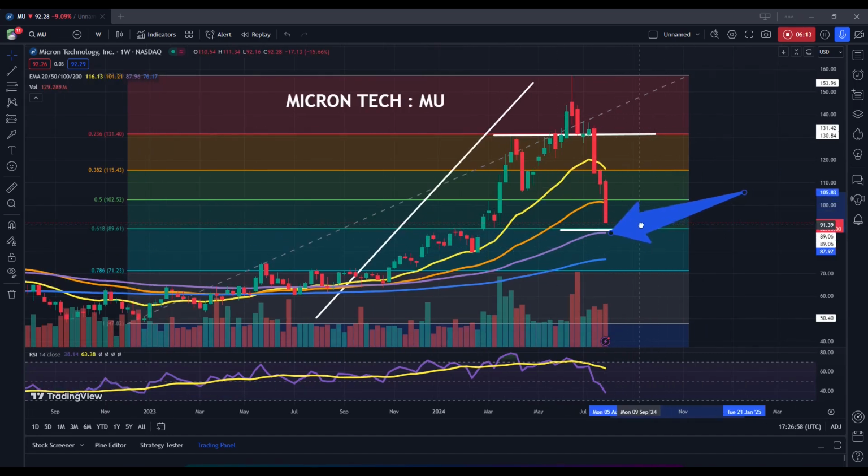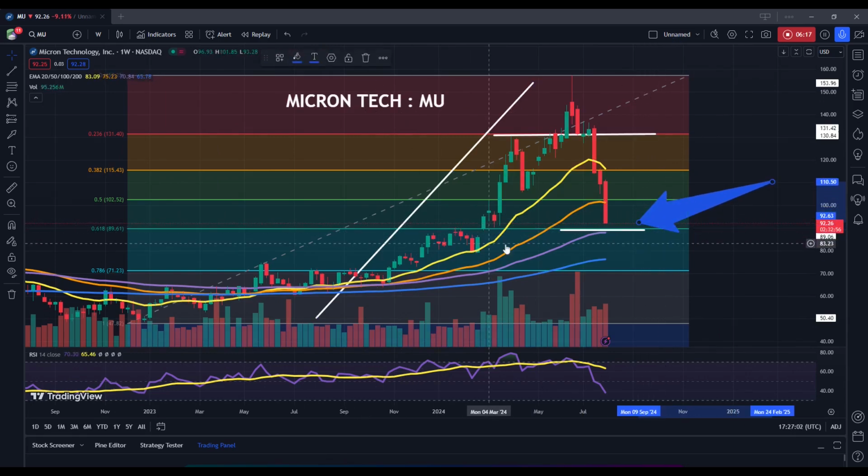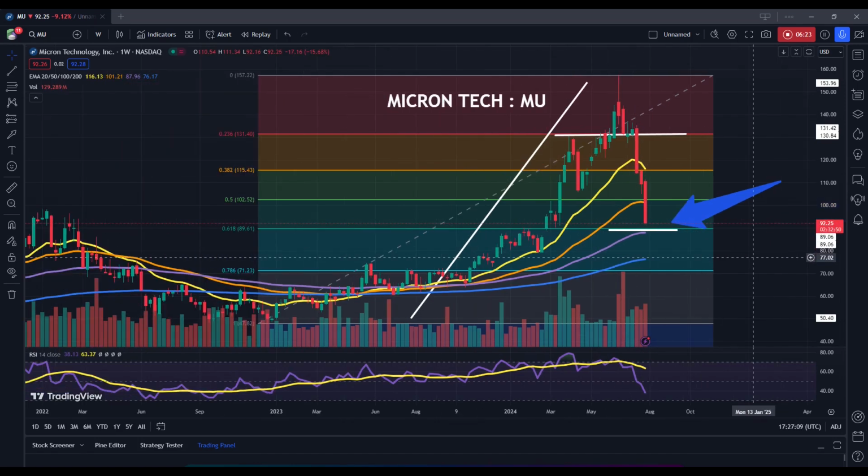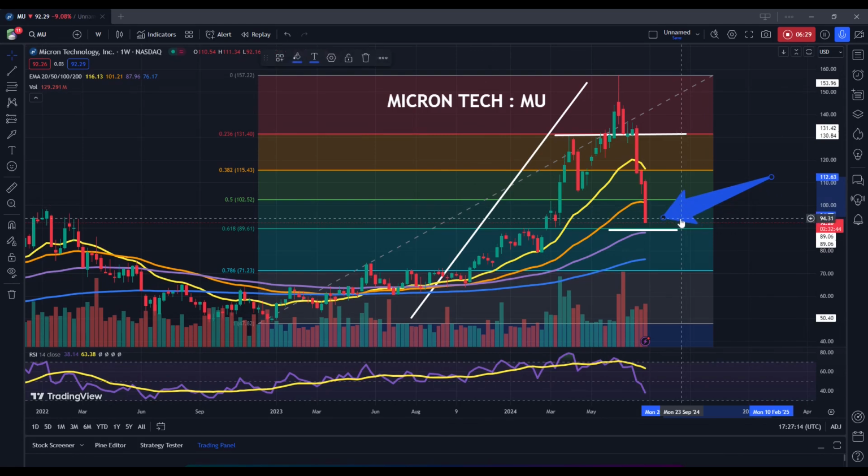So, it's fairly easy to see here that these two zones, this sort of light green zone and this purple moving average line, are coinciding in the same area. So this is the reason I would really point to this as the main line in the sand. If we do start to see any sort of a bounce here, I would consider this to be a very strong buy right around 89.60, probably slightly above there. You could probably start to enter into positions around $90 per share.